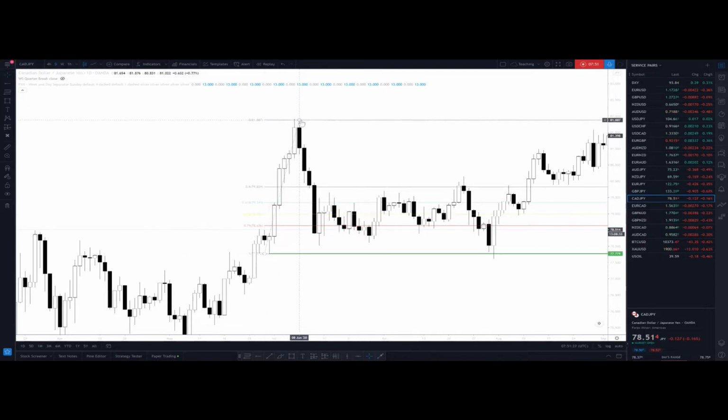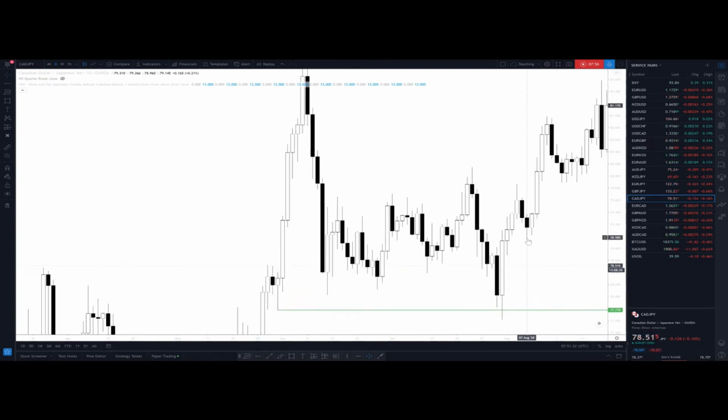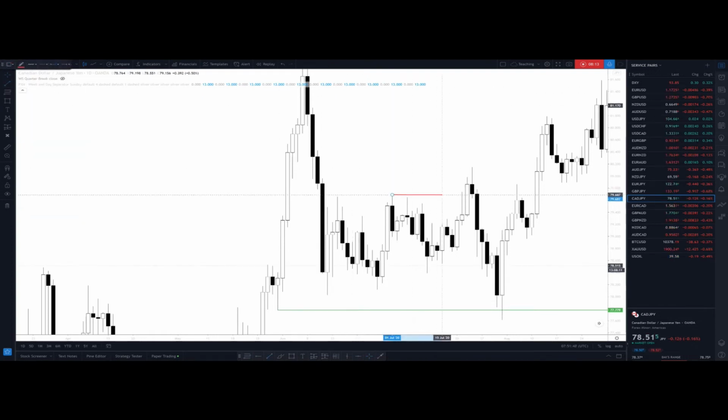So to identify these areas of high probability, again, the step is, first of all, find where price should be going. Is price supposed to be going up, or price supposed to be going down? That's your first step. Once you identify that, then you find your recent swing high. Example is here, recent swing high and recent swing low. Okay, and then you pull the Fibonacci tool between the high and the low,